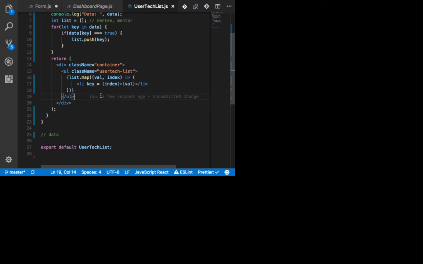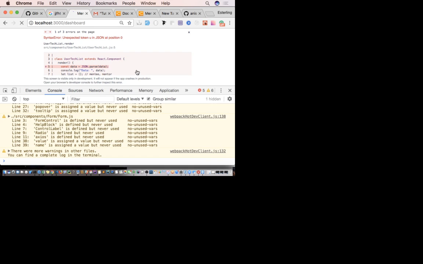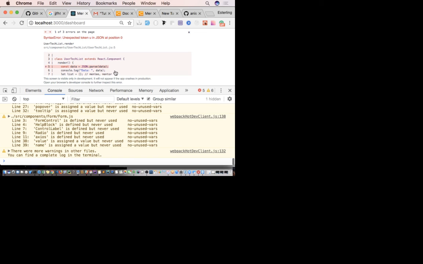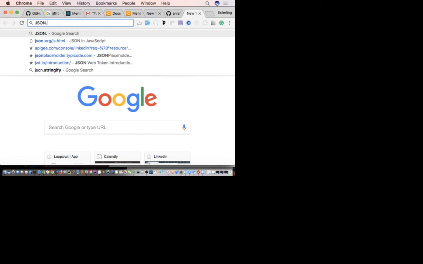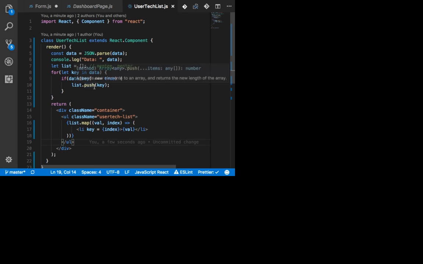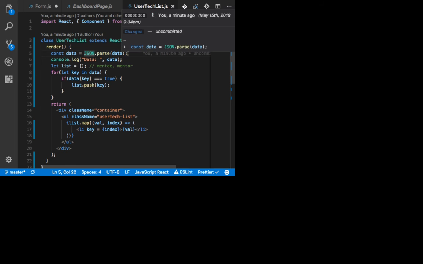Yes, please. All right, one last thing I want to do before I test it out. Okay, let's see. Hold on. What happened? All right, so one issue: unexpected token, JSON.parse. Is that how you parse data, or am I misspelling something? JSON.parse. Is that right? Yeah, that's how you parse data. So I do JSON.parse.